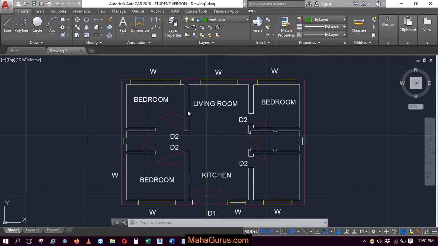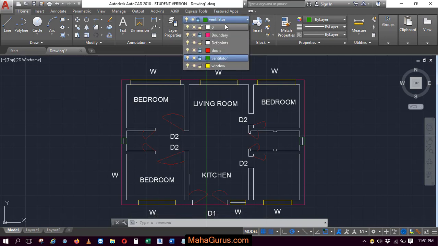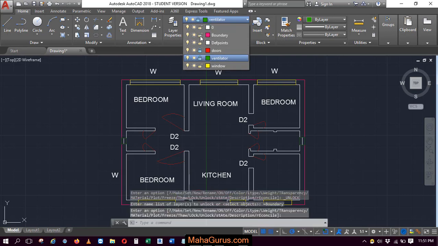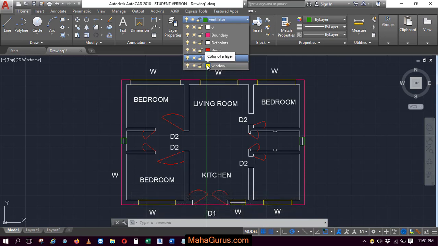So in this tutorial, we're going to learn how we can apply colors to the layers. To apply it, in this layer group, just click on this arrow and all the layers will be shown. Just unlock all the layers if they are locked, and from here you can change the color. For example, I have these yellow windows, so I'll click on this color of the layer